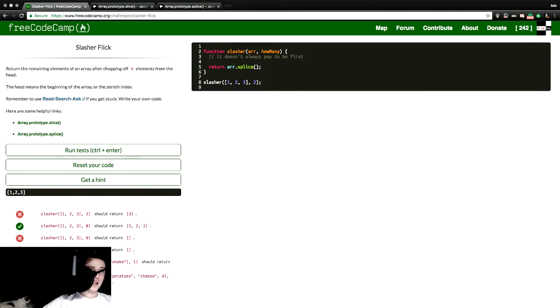So we're taking array, check, one parameter dealt with. Dot splice. And we are starting from 0. We're always starting from 0. And we're removing